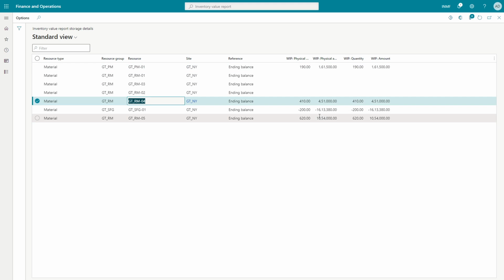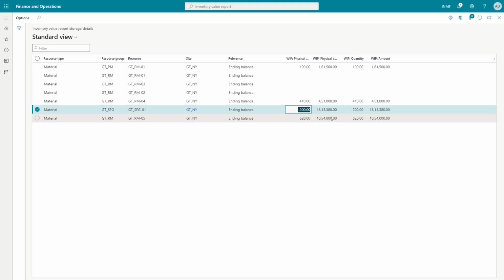This RM04410 quantity which we consume, that is in WIP. RM05620 quantity which we consume is in WIP. 200 quantity which we took output is in WIP. Okay, so now if we take this into action,